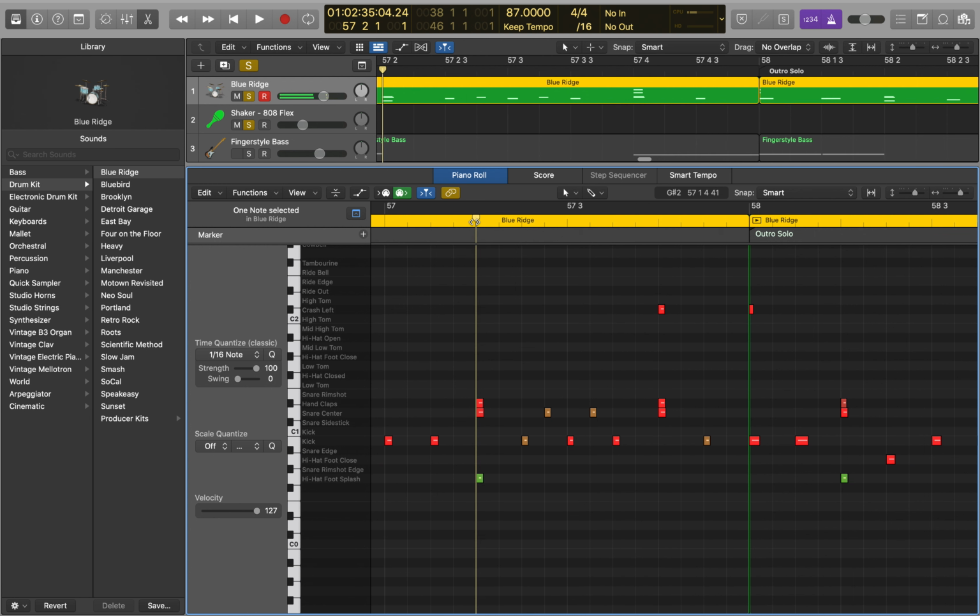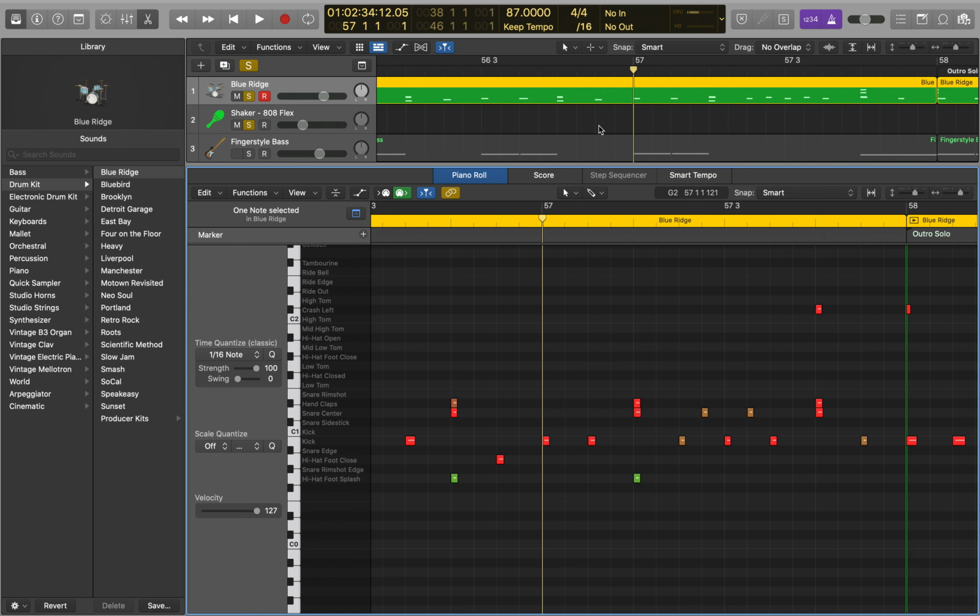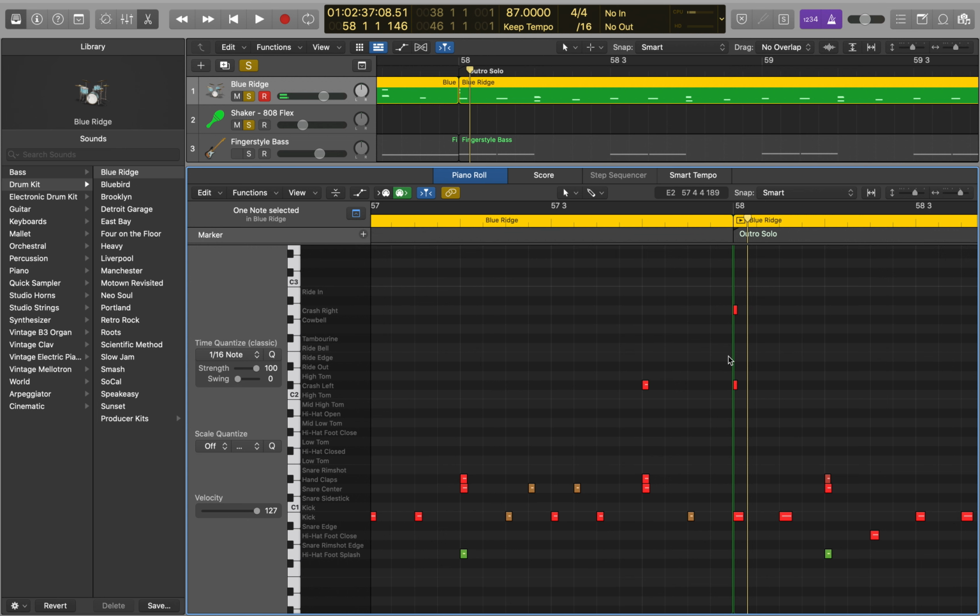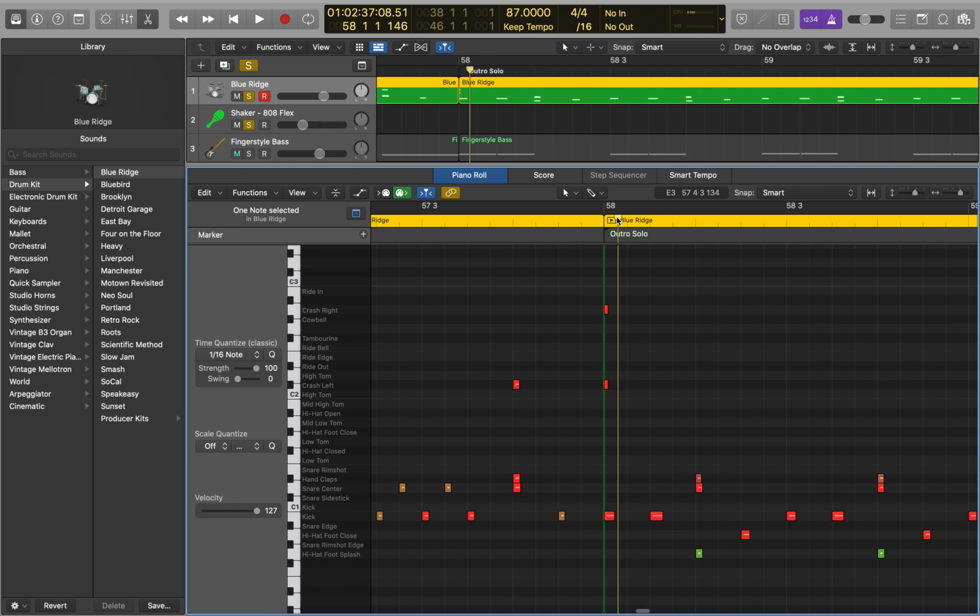So this one is a bit of a more intense fill. The 8th repetition of the second time of the chorus 3. This one's going to be kick, kick, high foot splash with a clap and a snare. And then we've got kick, snare, kick, snare, kick, snare, clap with a crash. And then we've got a kick, and then we're doing a kick again, and we're on the outro solo section